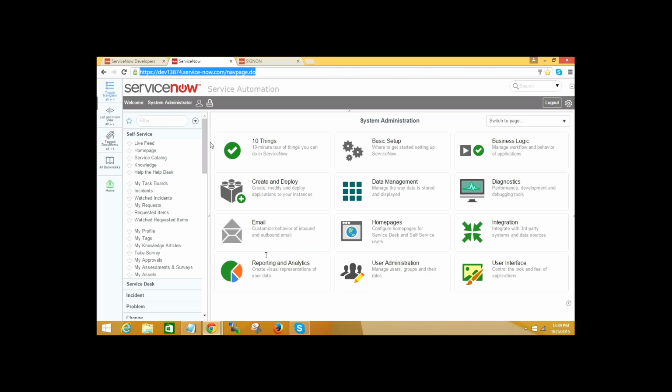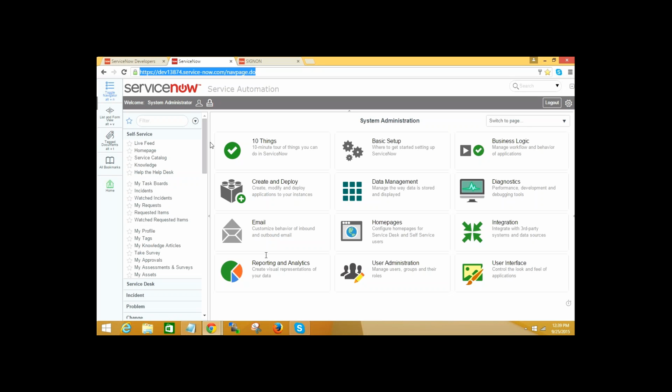Okay, going to the ServiceNow architecture, for the database they are using MySQL or Oracle.